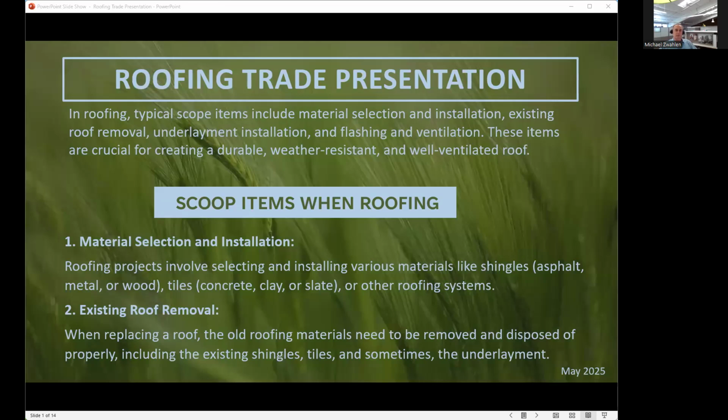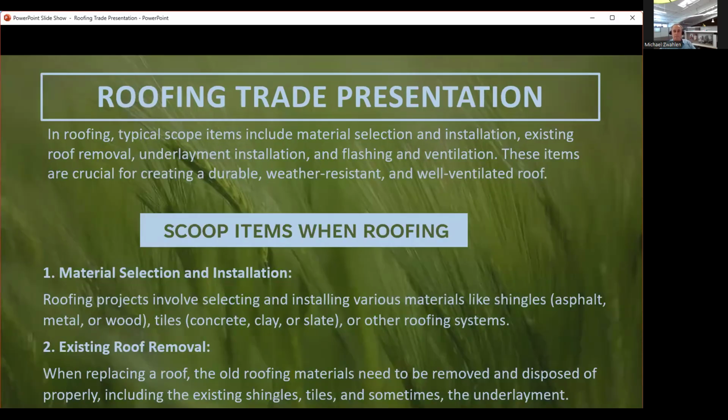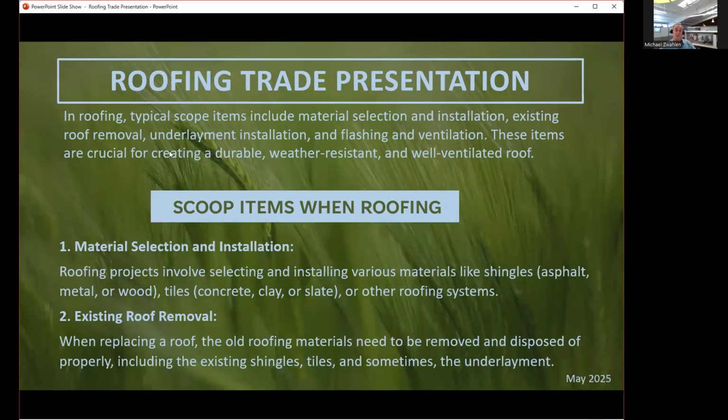In roofing, the typical scope items include material selection and insulation, existing roof removal, underlayment, insulation, flashing, ventilation. These items are crucial to creating a durable, weather-resistant, well-ventilated roof. Some scope items you need to consider are material selection and installation. Roofing projects involve selecting and installing various materials like shingles, asphalt, metal, and wood, tiles, concrete, clay, slate, or other